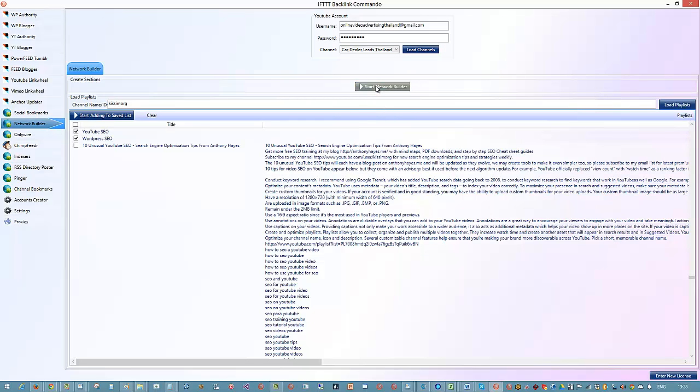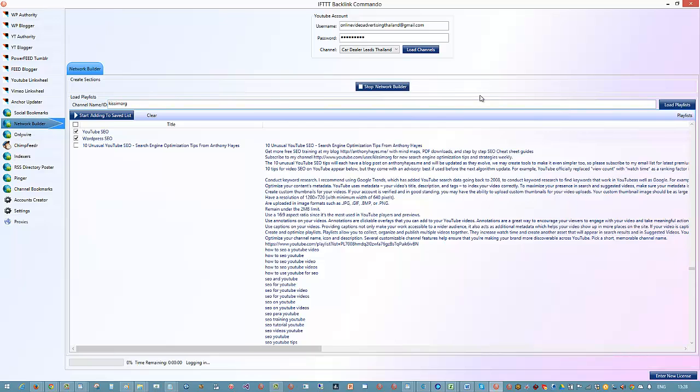Okay, so all I need to do right now is click on Start Network Builder, and it will go and create the sections. It will go and change the privacy settings, and it will just quickly move in and out and do the stuff that we need it to be able to do. Okay, so you can see there's a little progress bar down here. So it's creating a section, and it's going to be able to put those 4 playlists in that section, and